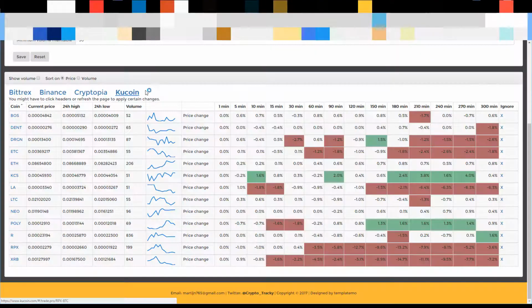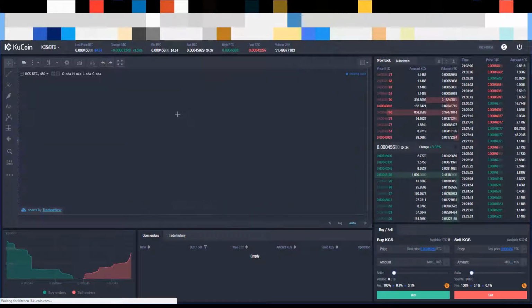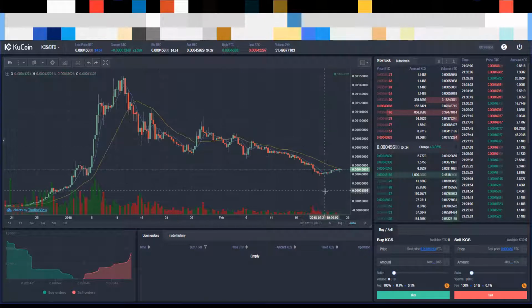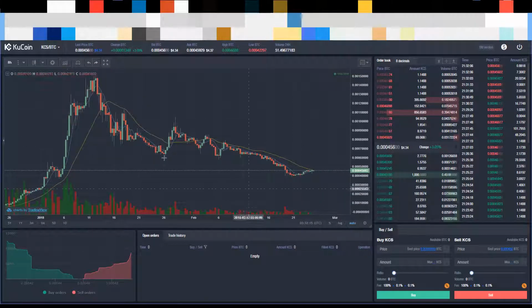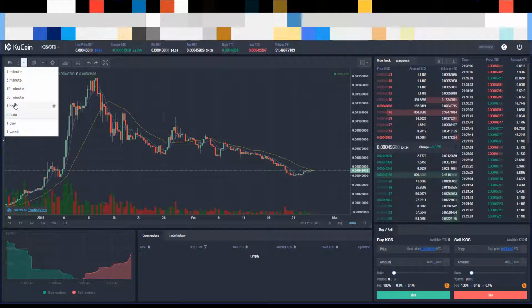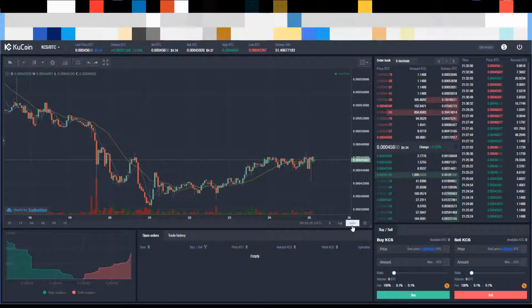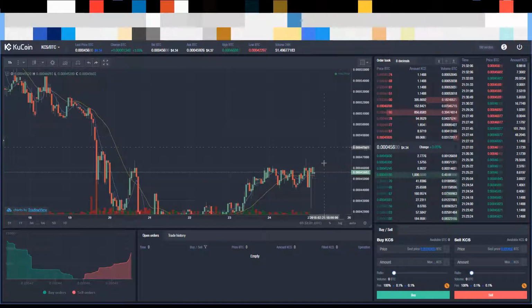Let's go back here. Let's see if we can see something. XRB, Poly. See, I think this tool has been designed for like the green. Like, so if we go to KCS, I think this tool has been designed so that you ride actual pumps, or you get in with volume. I haven't tested that strategy yet, so we're on the 8 hour. Wish there was a way to change that just to the 1 hour. So on the 1 hour here,